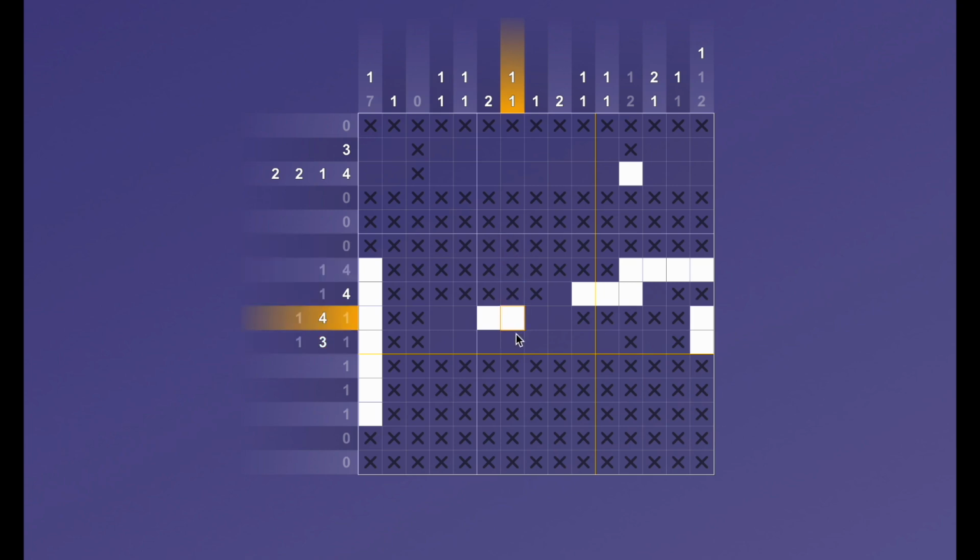In this column, there's just individual ones. In this column, it's a 2, so 1, 2, and this column's complete. And now this row, I have a 3. It starts right here, so we'll